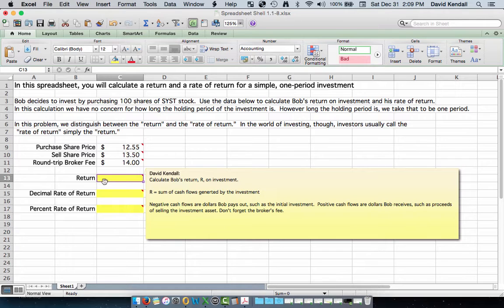So you probably recall that to build a formula in Excel, you click in the cell and you put an equal sign in there and that starts the formula. Well, all we need to do is add up all of the cash flows. So let's take the first cash flow. That's when Bob buys 100 shares. So I'm going to put in 100 shares and then click the times